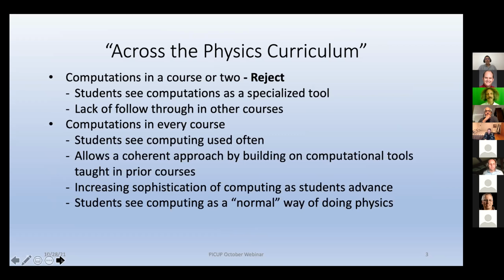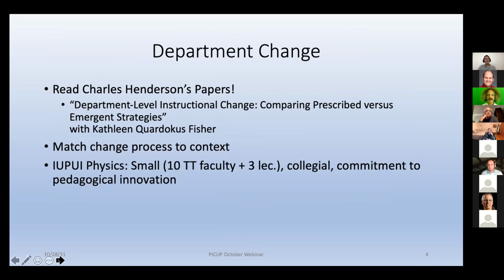We wanted them to take an increasingly sophisticated view of computation, just as they become more sophisticated in their use of mathematics as they progress, and in their ability to do experiments. And that's where we started using this phrase of making it normal. And that's really stuck with us and become kind of a watchword for this project. So I think at this point, I'm going to turn this over to Gautam for a bit, and he will take you through our department change process and a few other things.